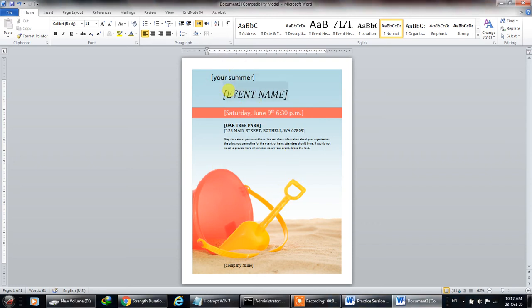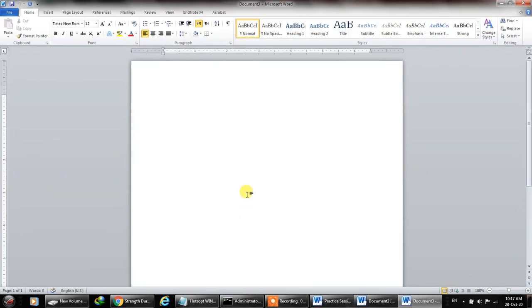You can edit this theme. This can be your first title page or anything, so you can make any sort of document. I just want to redo it, so I'll press Ctrl Z. It's not redoing because I've not done anything, so I'll simply press Ctrl N and close these documents, and we'll come back to this practice session.